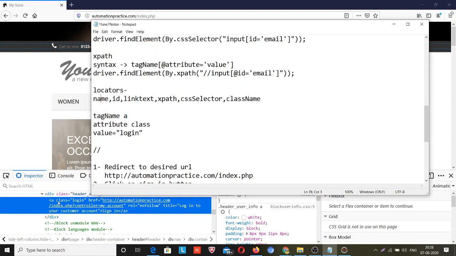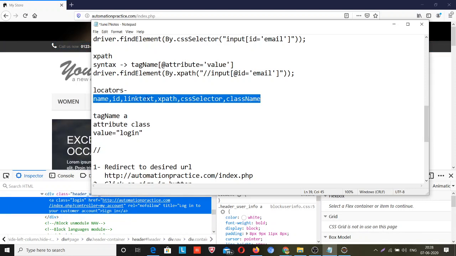Link text, because this is an anchor tag, I can use. XPath I can use, and CSS selector as well. Class name is also present, so we can use class name. These four locators will be helping us.